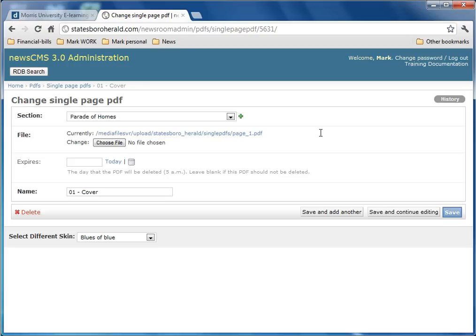Now, something important to note. You may have a 50-page special section, but this is a process in which you'll have to break each section down into particular pages and upload a page at a time. This can be a little time consuming, so allow yourself enough time to upload as many pages as you need. Once again, just choose File, upload it,